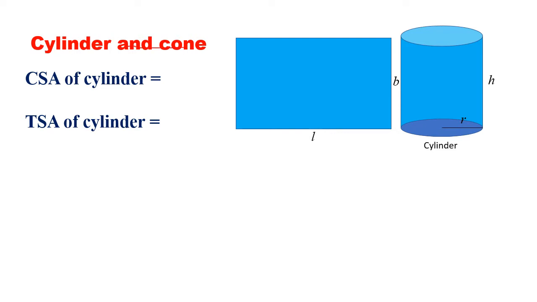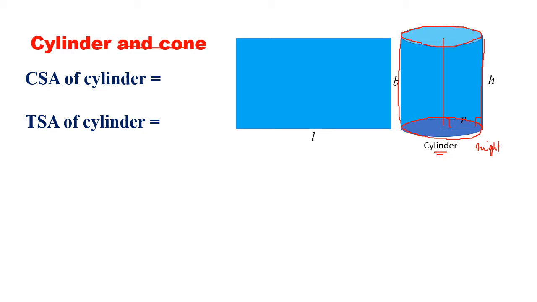So what is a cylinder? This is the diagram of a cylinder. You can see the cylinder has got a circular base and a circular top. It is round like a bottle or a gas cylinder. So cylinders are usually like that. You will not find the perfect cylinder because the shape may vary at the bottom and the top. But this is a right circular cylinder because the height of the cylinder is perpendicular to the radius. So it is called a right circular cylinder.